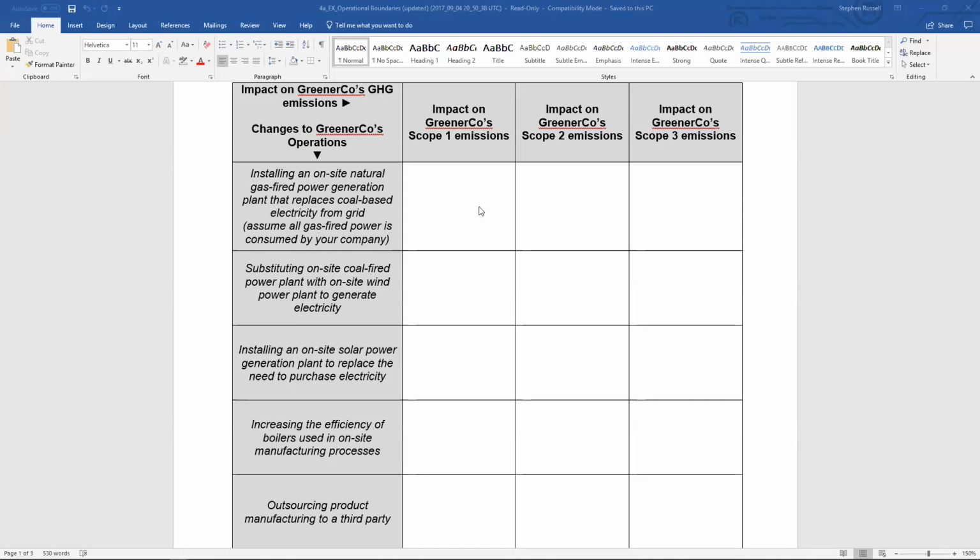A second consideration concerns what Scope 3 categories the company is reporting in the first place. If the company isn't reporting any of the Scope 3 sources I just mentioned, then there'd be no recorded impact on Scope 3 whatsoever. So the basic point is we have to keep in mind both the actual and recorded impacts, and I think these